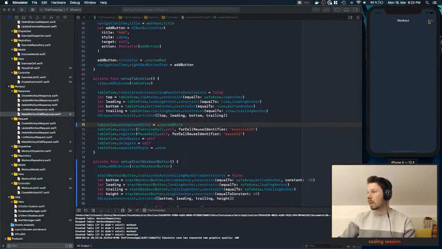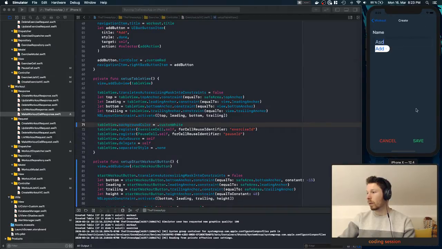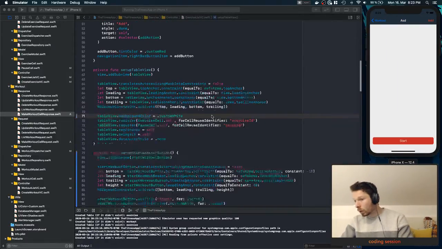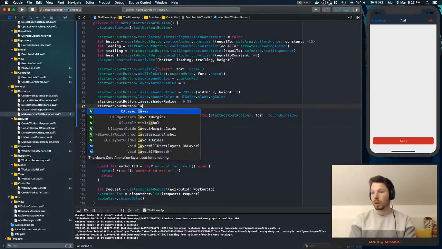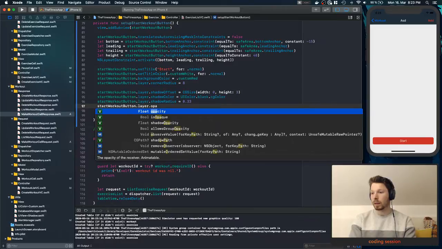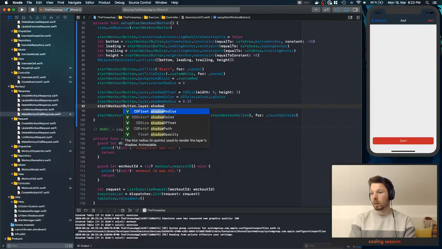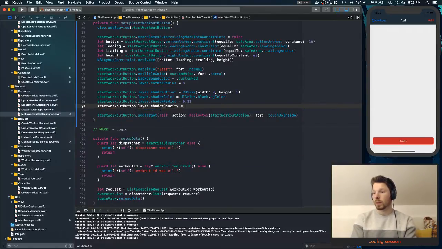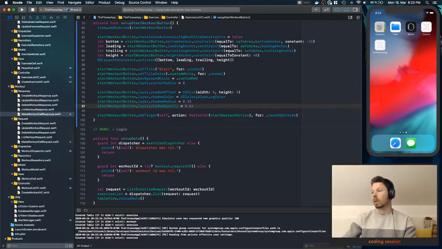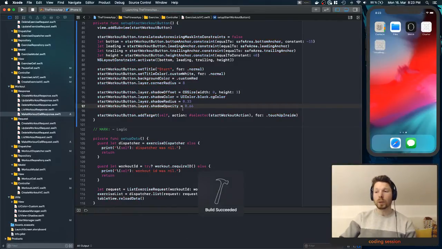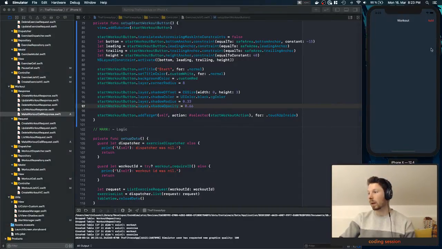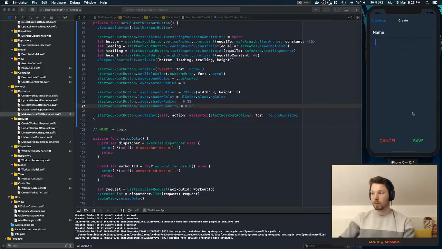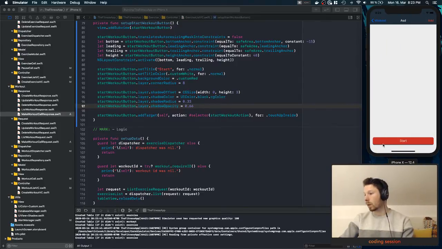Let's add whatever we don't have a shadow. We're missing something. Opacity, shadow opacity is... I think there was a property that has to be set in order for the whole shadow thing to appear, which might be the opacity. Let's see. There we go. Now we have, and the radius,